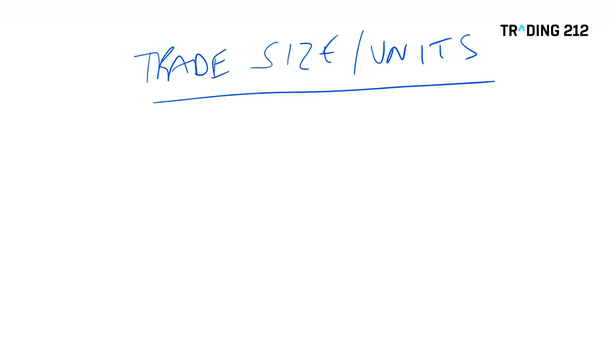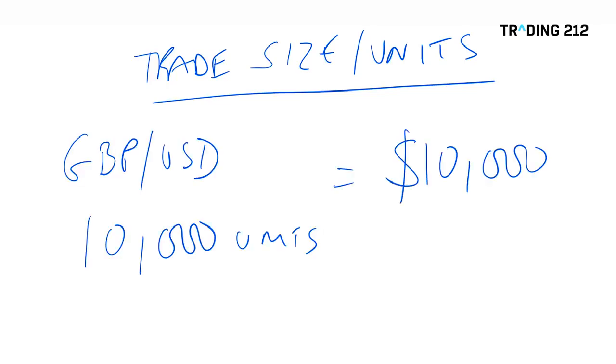Let's use pound US dollar as an example. We're trading on the Trading 212 platform, and the example we're going to use is a 10,000 unit trade. So if we do a trade for 10,000 units, it's a $10,000 position. So what does that mean for trade size? The important thing when you're trading, I think, is to know what every 1 point move in the underlying market is. So if we're trading $10,000, let's just look at this just so I can explain what a 1 point